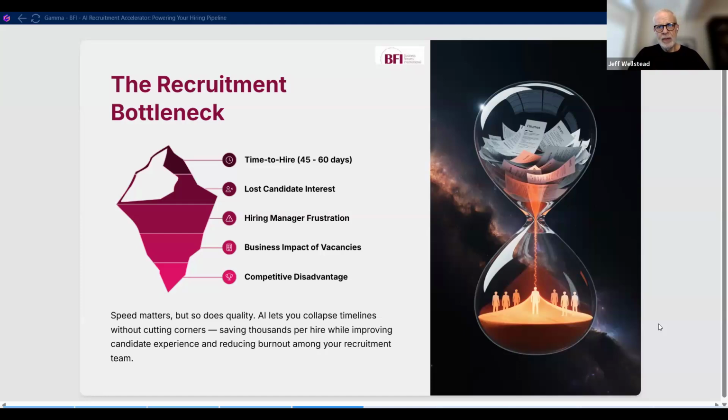People get frustrated with the time it's taking for us to talk. And the average recruitment process can take up to a month, which is crazy. So people get tired of it. They are being interviewed by other folks, and they're going to pick the folks who can react most quickly. Hiring managers get frustrated because they have goals and targets that they have signed up to